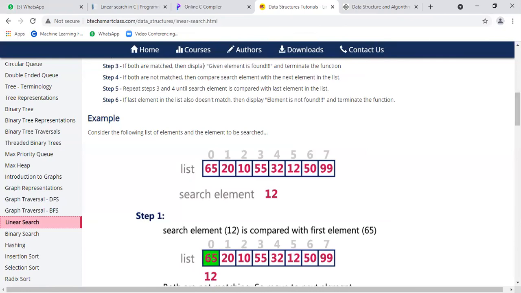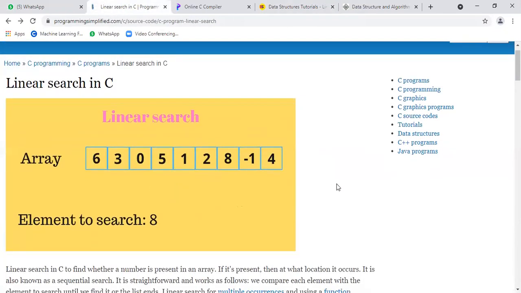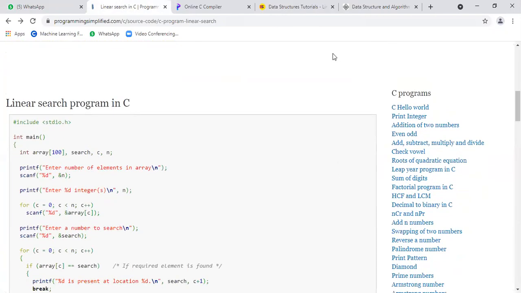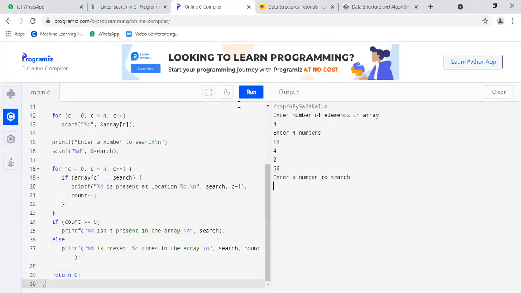I'll show you the example program for linear search. This is the online compiler.